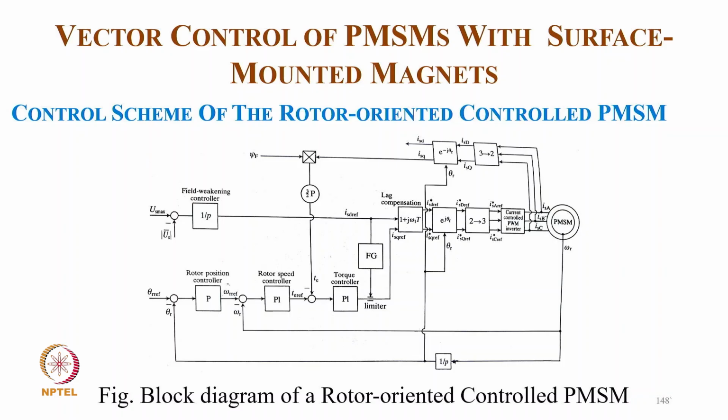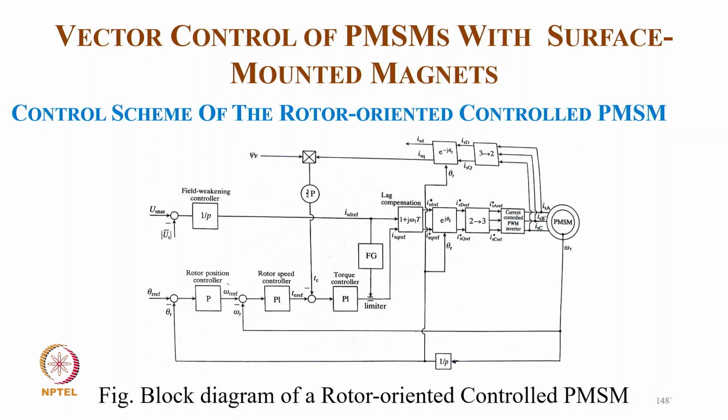Now there is a block diagram of rotor oriented control of PMSM, where we typically have a position control. The rotor position controller gives the reference speed, we have the feedback speed, and then the rotor speed controller gives the reference torque. We have a feedback torque, and then a torque controller, which after the limiter decides the torque current reference, and from the field weakening, from the voltage, we decide the ID reference, and using a lag compensation